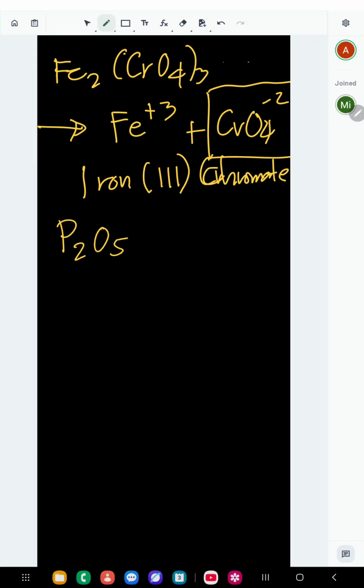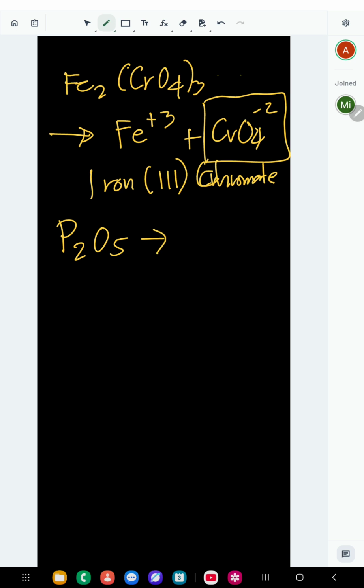P2O5. What is that? Alright, so you split this into phosphorus. Yeah, you have 2 phosphorus there. Penta, so plus 2. No, plus 5. Plus O minus 2. Yeah, you're right. Diphosphorus pentaoxide. And then the next one,